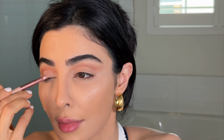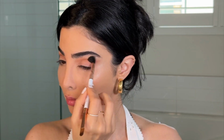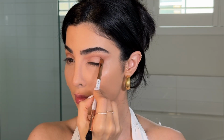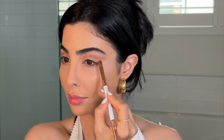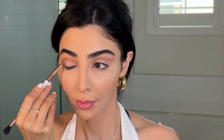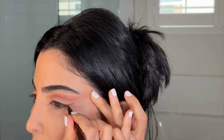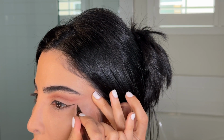However, using transitional neutral shades was so forgiving. I basically stuck to one transitional shade. I built that up in layers and then I carved it out with a concealer, then added a lighter shade on the lid. The eyeshadow technique did take the longest creating this look. However, working in sections in small portions is going to be key. I do have somewhat hooded eyes, so I placed that transition shade above my crease. Then I carved everything out